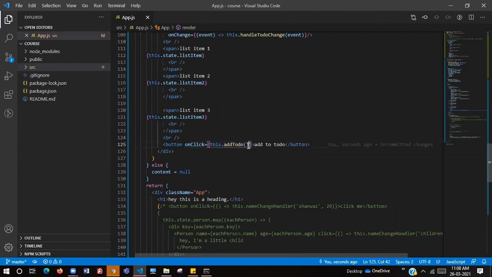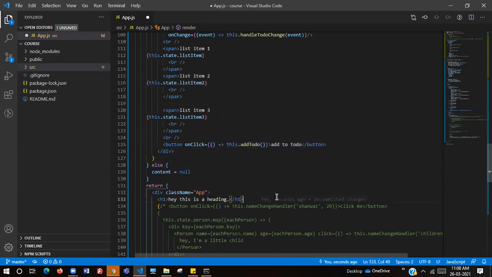Since this is pure JavaScript, anything inside these braces gets executed when this page mounts. So when this executes, this addToDo function gets called immediately on the loading of this particular DOM. That is why we need to perform it in this manner, so that only when we click on this button, this function gets called. So this is the fat arrow syntax, or arrow syntax functions.